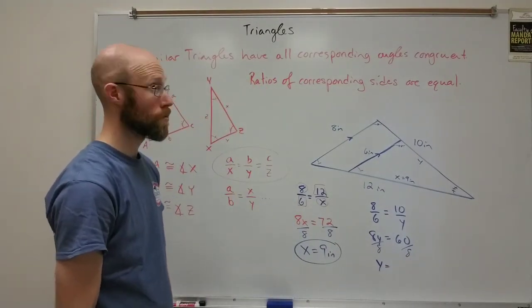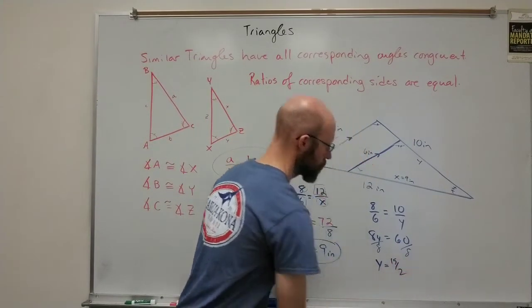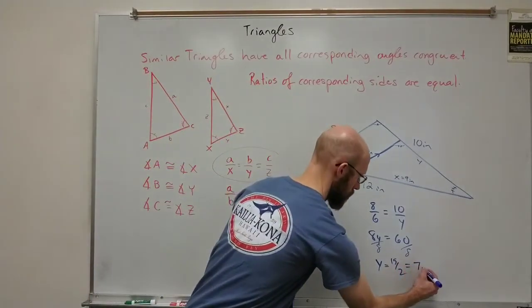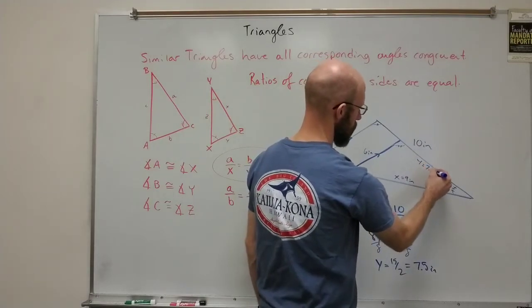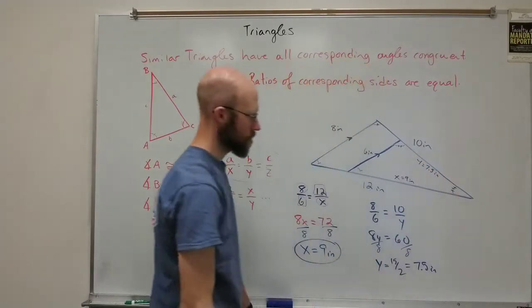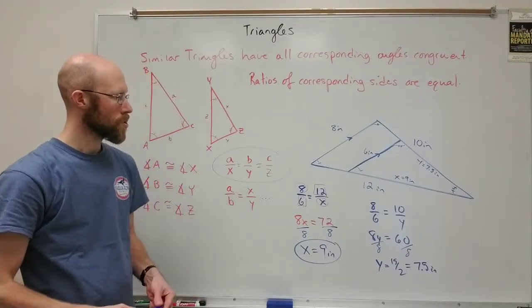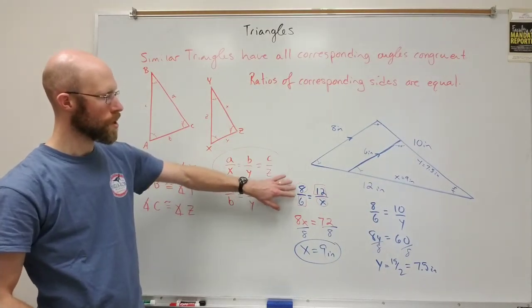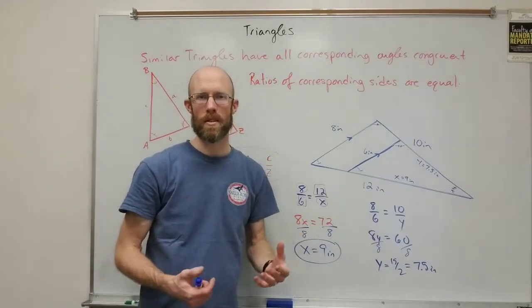If I reduce by 2 again, it's 15 over 2, or equivalently 7.5. Right, so the y is a 7.5 inch side, 15 over 2. So it just gives you an idea of how you can use these proportions to get the corresponding missing side